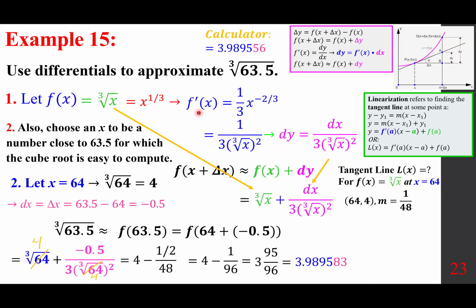the slope. And so we are going to use y minus y1, that means y minus 4, equals m, 1 over 48, times x minus x1, that means x minus 64. And if you distribute and simplify, you find y, or L of x, to be 1 over 48 times x plus 8. Now, if you plug in 63.5, everybody, L of 63.5 into this, you get 63.5 over